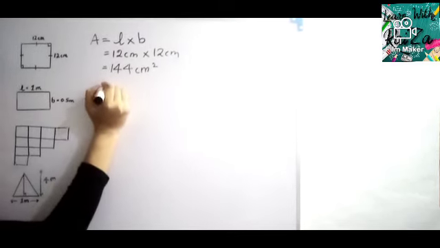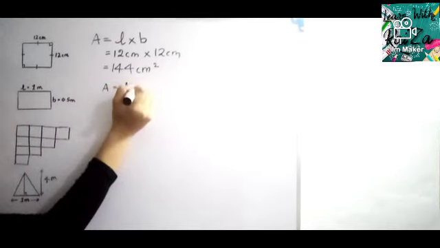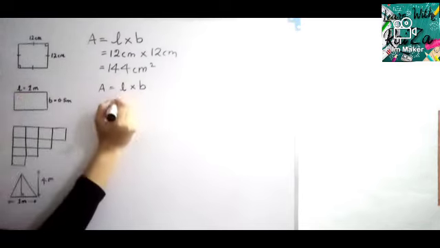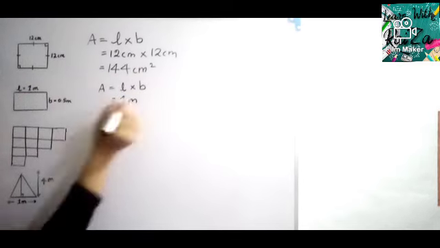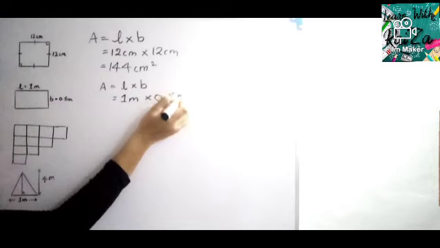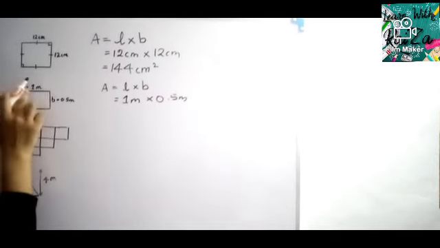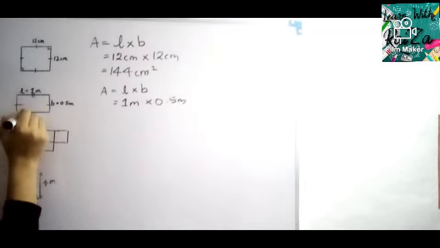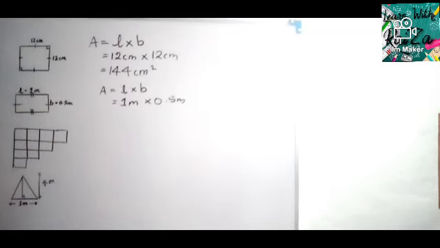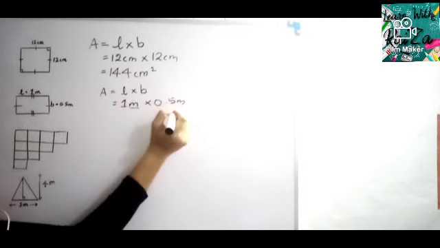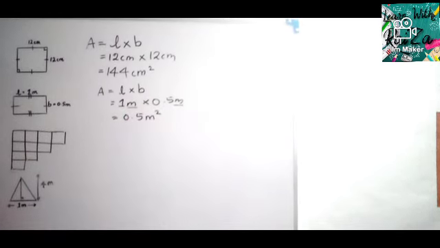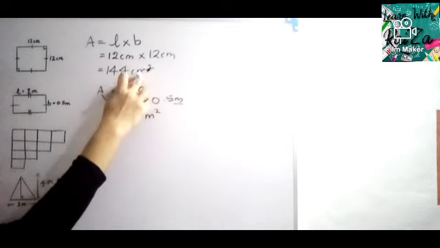Then this is a rectangle. For a rectangle also the same formula, area is equal to length into breadth. Remember the formula. So the length is given as 1 meter and breadth is given as 0.5 meters. And also another thing, in a rectangle, all sides are not equal like a square. Only these two sides are equal and these two sides are equal. That means opposite sides are equal. So in a rectangle, 1 meter into 0.5 meter, and can you see here meter, 2 meters, so 0.5 square